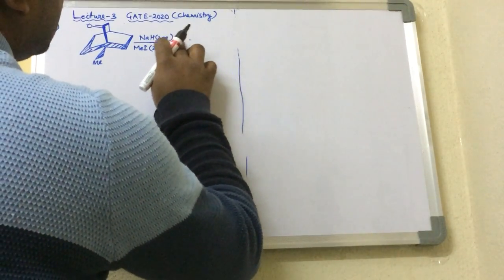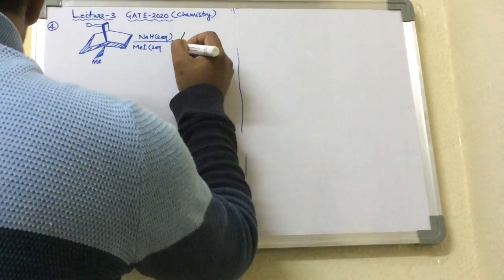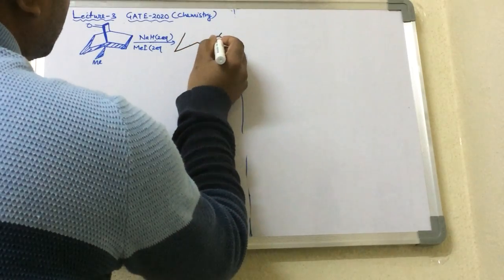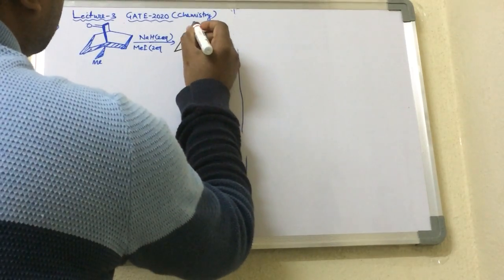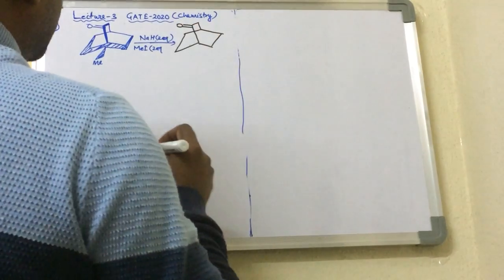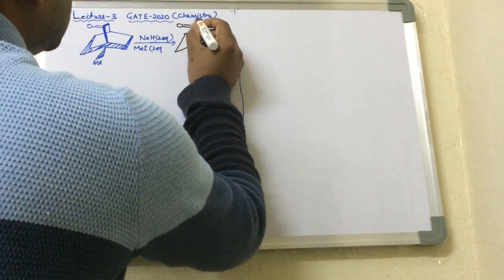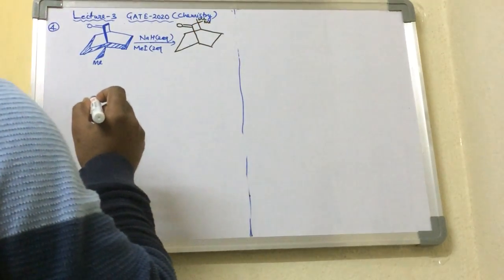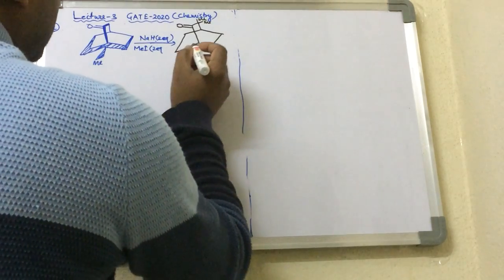If you know the product, you can easily find the peaks. Okay, so product is something like that. Here 2-methyl group. Okay,